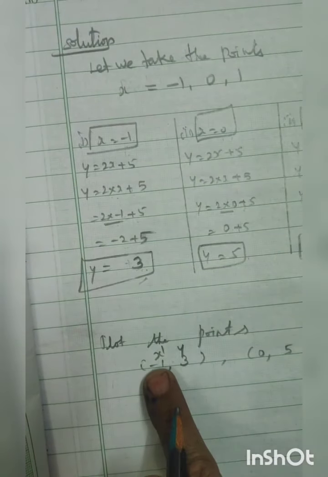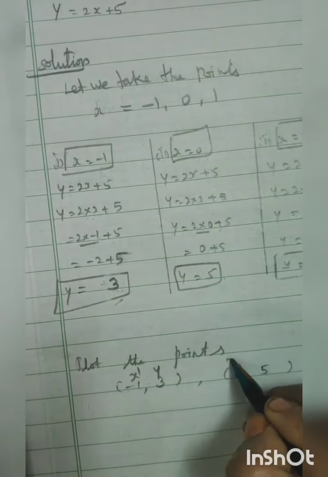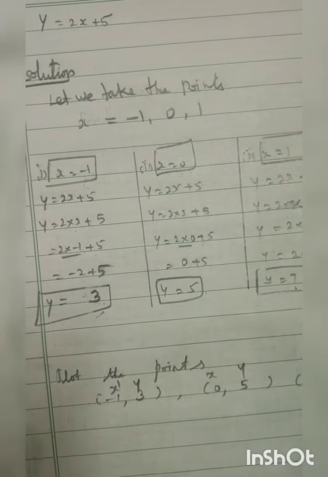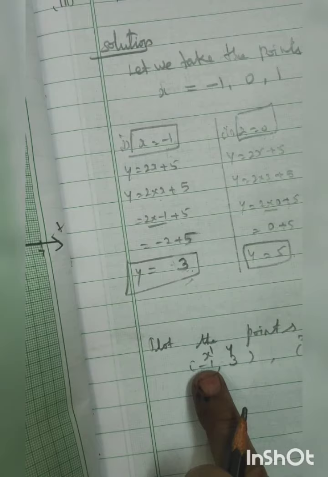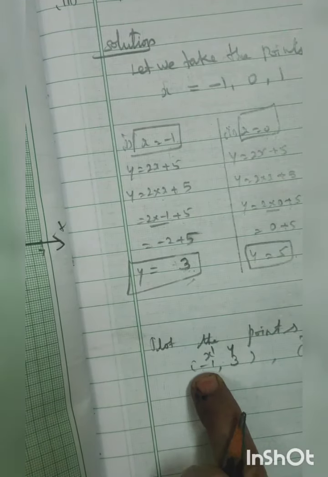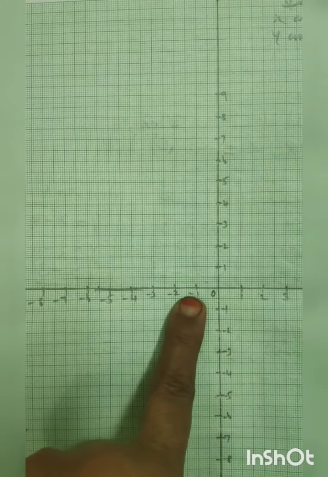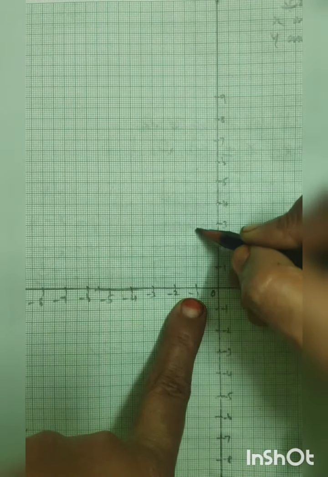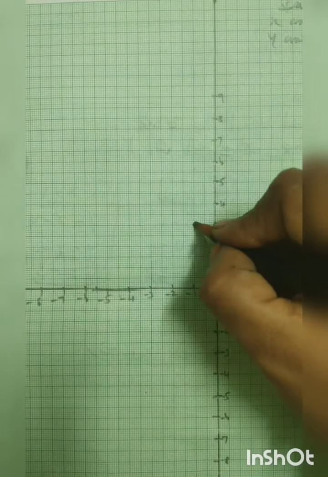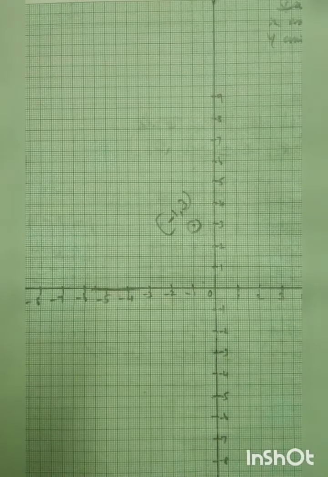X axis minus 1, 3. My x axis minus x dash minus 1, 3. Here x, y. Next x comma y. First mark the point x dash for, you see the number is minus 1. X dash for minus 1 is there. So 3 is y axis. Here is 3. Two also meeting point is there. You write in minus 1 comma 3. Minus 1 comma 3 is the point.